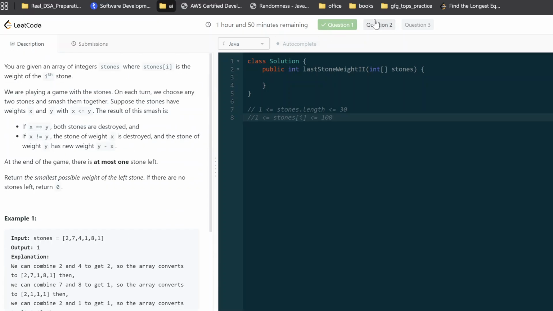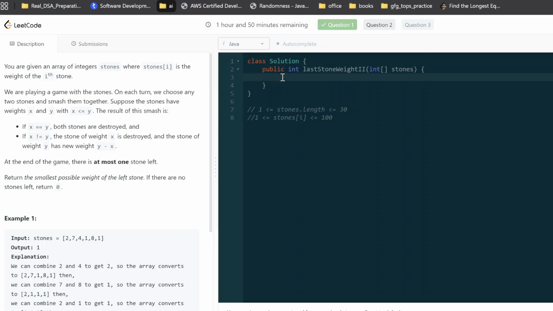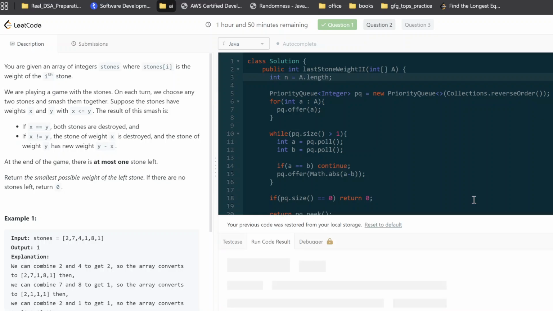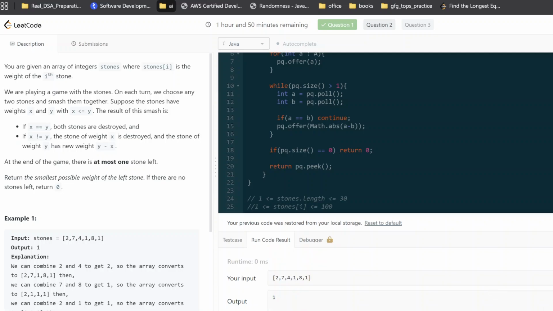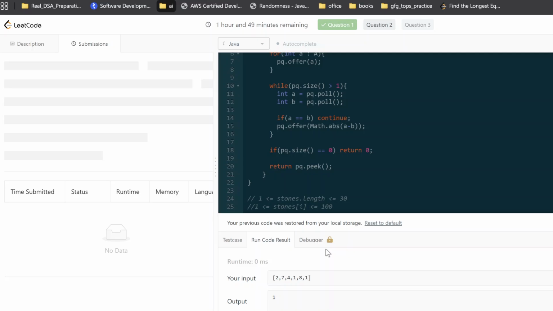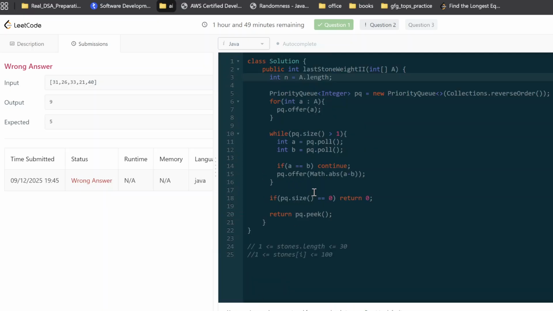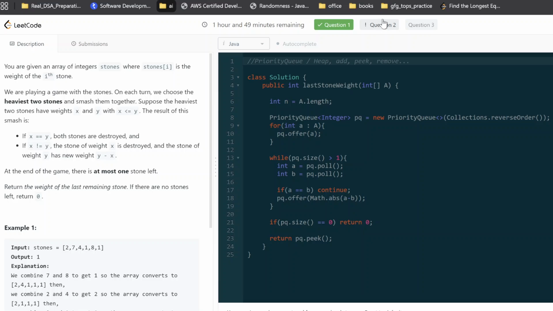So I think I can copy paste the same previous question. It should work. Let me copy this and paste it, and I will change this to A. I don't know why they have repeated. Am I missing something? Let me try running it. Yeah, it should work. I mean, no, it is not. Okay. We have, but why is this not